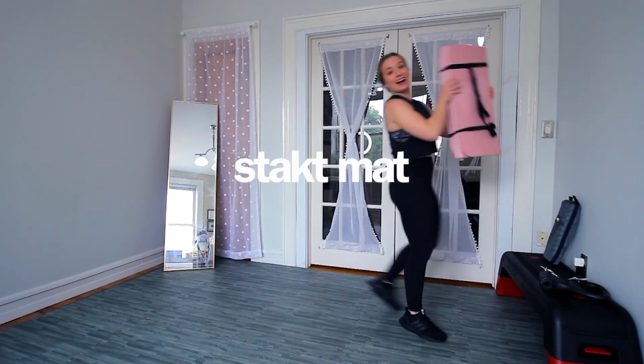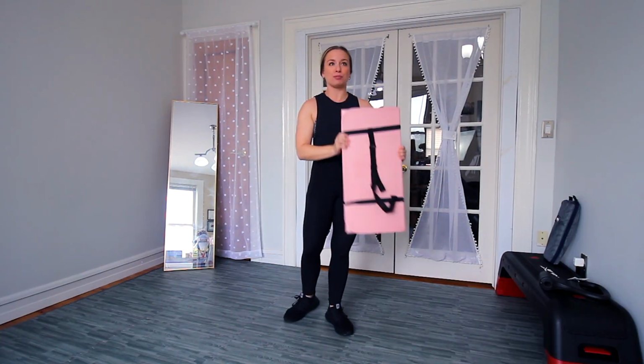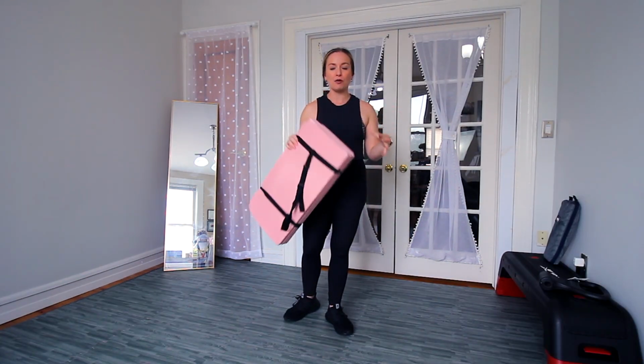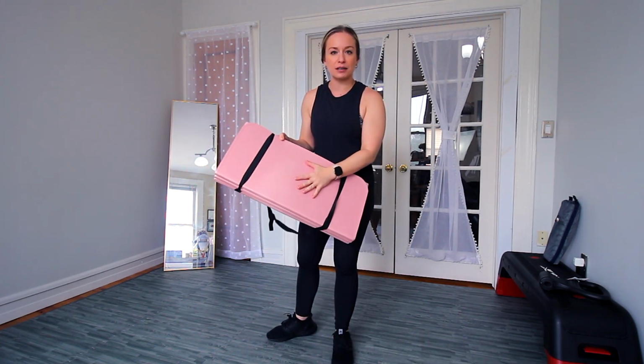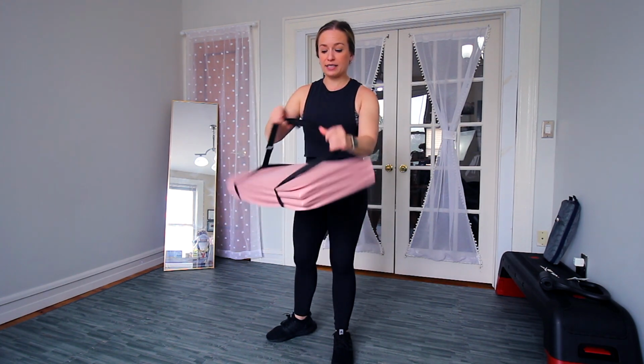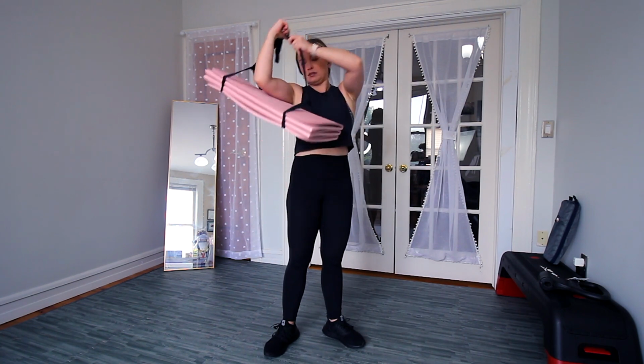All right, next up we have the stacked mat. I have not used this yet. I keep meaning to bring it with me when I film at a studio, but I'm also nervous because even though I love the color of this, I feel like I'm gonna get it so dirty. So anyway, it comes with this little carrying case or carrying strap, which